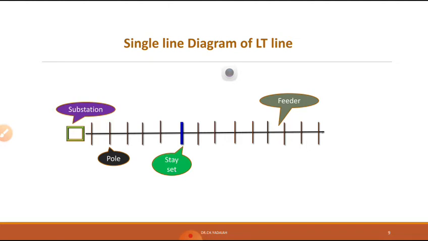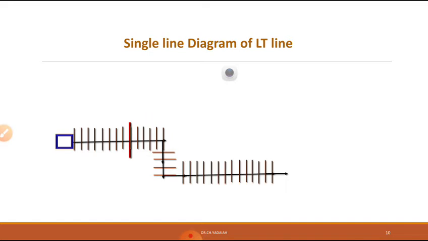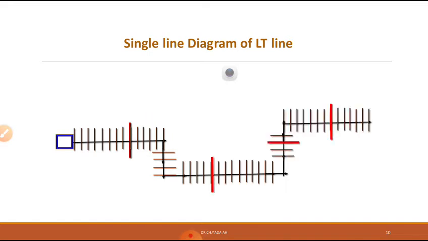So what is the length of this line? Here you can see the line is a straight line. In some places the farmers or some consumers object to the line going through their areas. In that condition, we have to forcefully divert the line at some angle. Then how do we draw that situation? Then you can see another one. So whatever the line, you can simply show the length. So you draw the line. Here 90 degrees is a turning angle, and once again 90 degrees, once again 90 degrees, then straight.